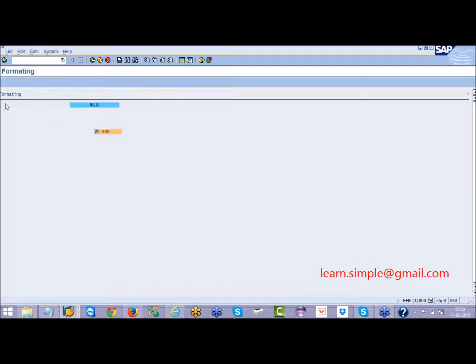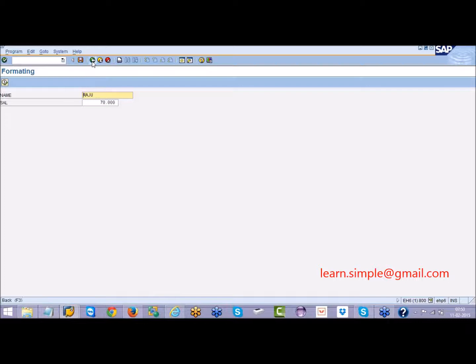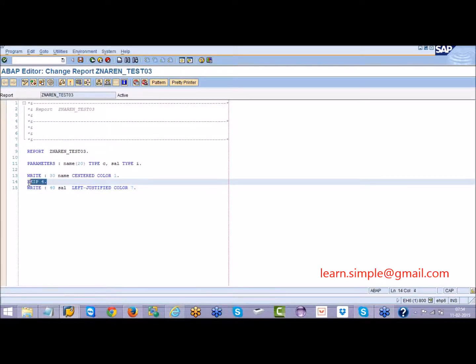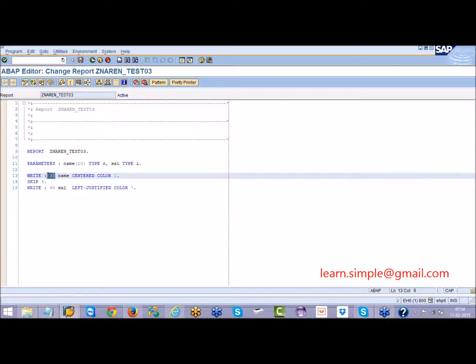So now you know how to move your variables horizontally and how to move vertically. If you want to move vertically downwards, make use of the skip keyword. If you use skip, your 2 different output lines can be moved down vertically. If you want to move horizontally, you can make use of this numbering, 30 or 40 or whatever. So those many places will be left over.